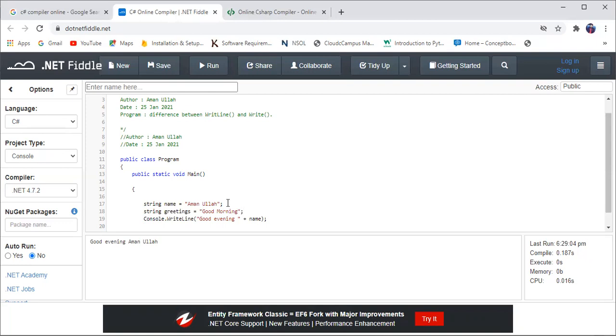Now I want to concatenate these two, name and greetings, instead of writing the text right here in the Console.WriteLine. I will just write greeting, the name of that variable, and with the help of plus I will concatenate them.